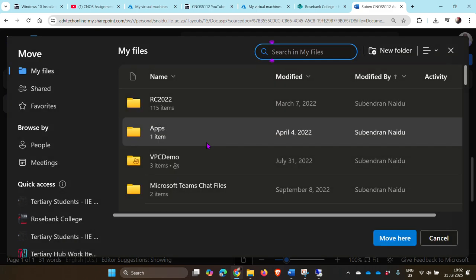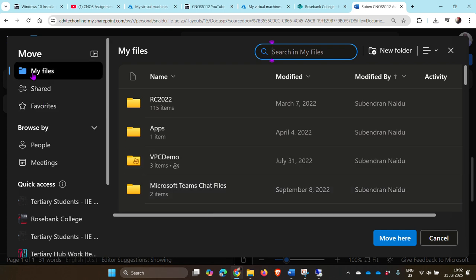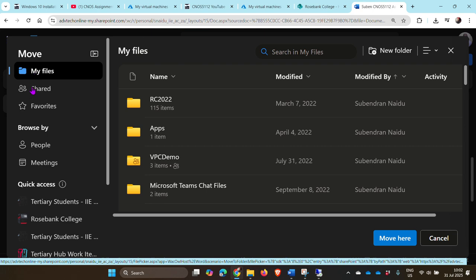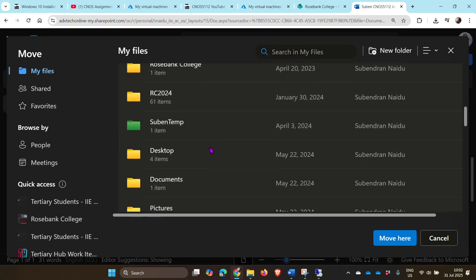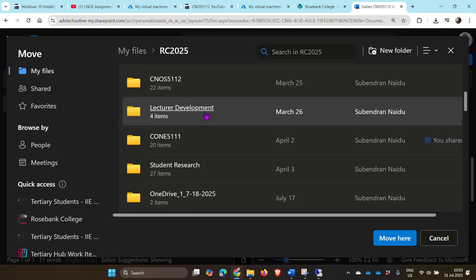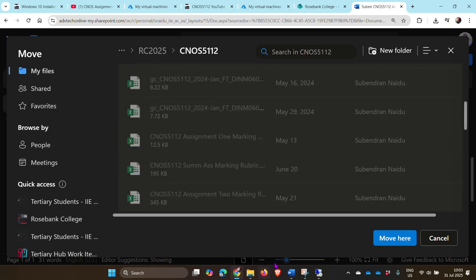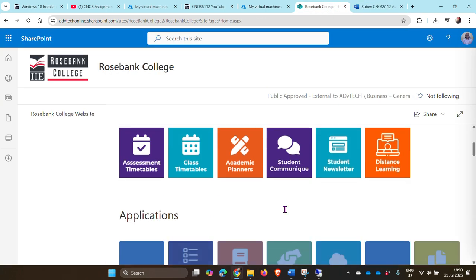If I click on that arrow there, it allows me to say which other locations do you have. So I can click on my files, and then I can choose another location. So in my case, I might choose RC 2025, and then this is the CNOS module. I'll click on CNOS module, and I'll say I want to move it to this location on my OneDrive account. So in future, when I go to my OneDrive account,